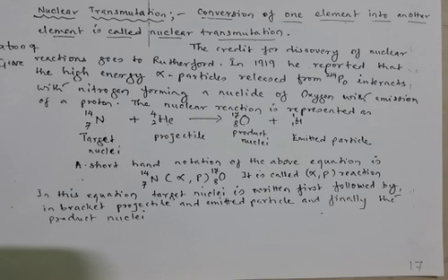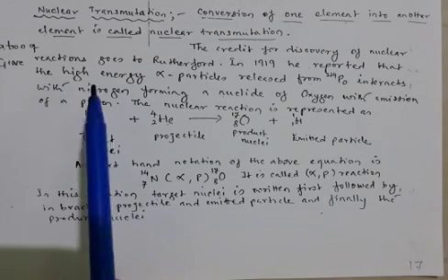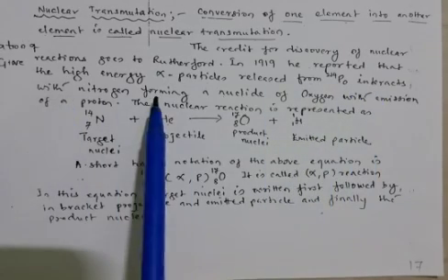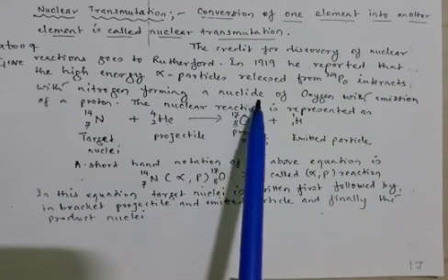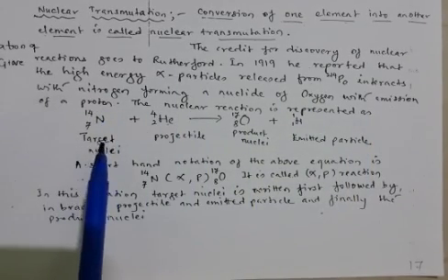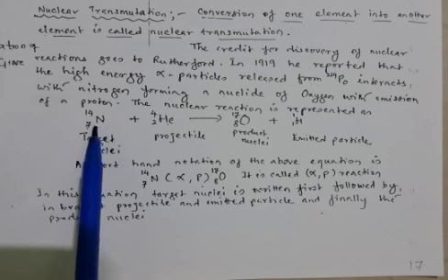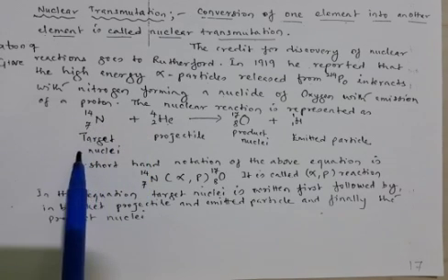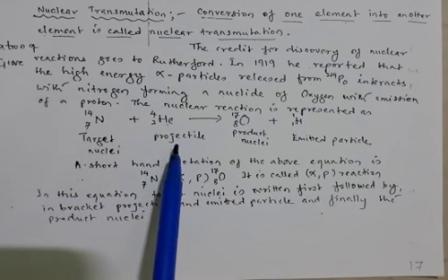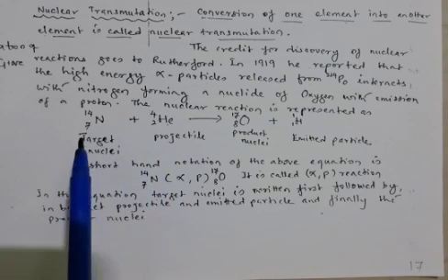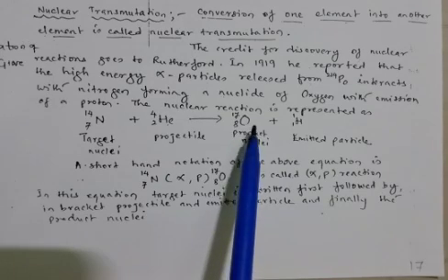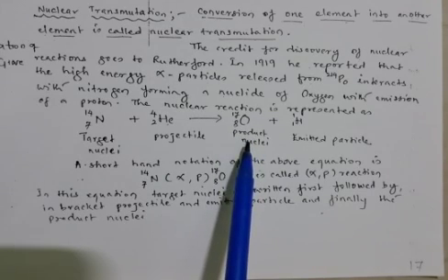discovered by Rutherford. When high energy alpha particles released from polonium interact with nitrogen, they form a nuclide of oxygen with the emission of a proton. Here you can observe the nitrogen atom, which is called the target nuclei. When the high energy alpha particle, which is called the projectile, is released onto the nitrogen atom, this nitrogen atom is converted into oxygen, which is called the product nuclei, by emitting